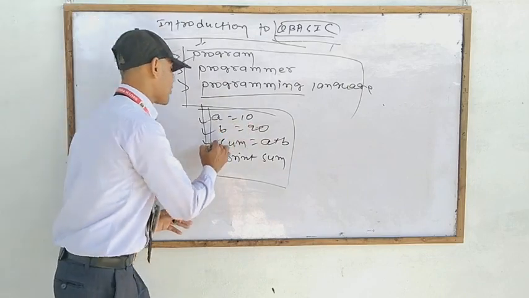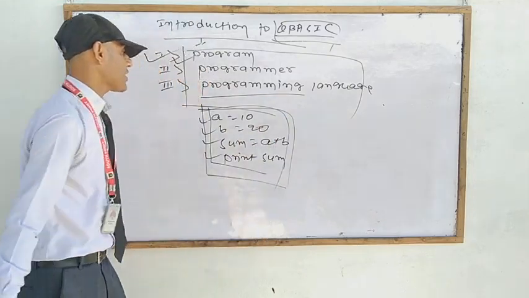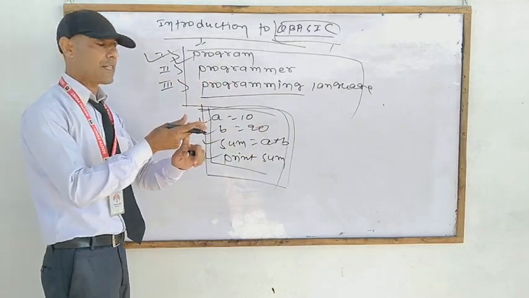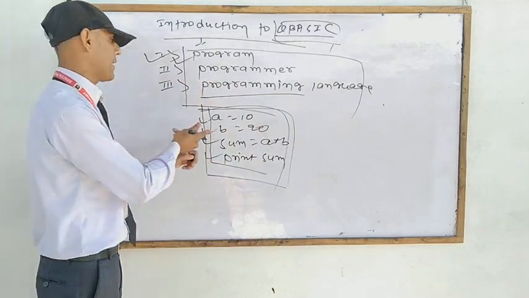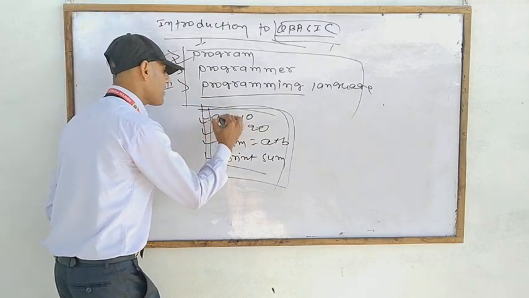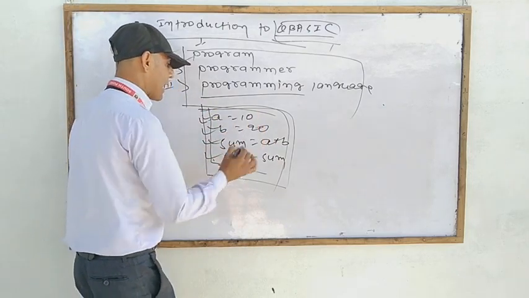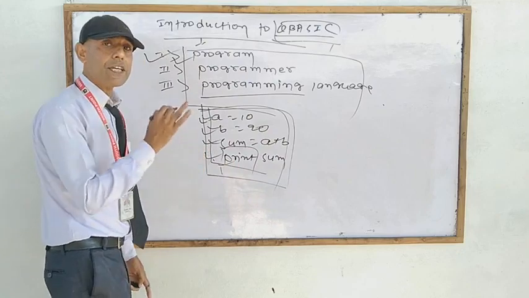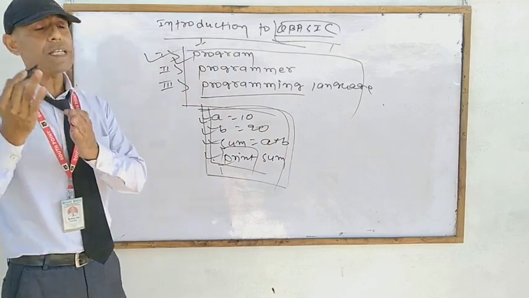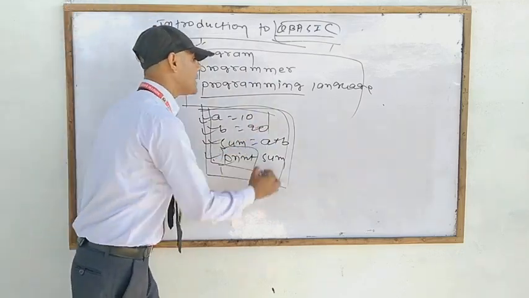That means this is the instruction or code, which is a collection of alphabets, symbols, and digits. If we look here, these are all alphabets, A, B, sum. This is the reserved word, which is a keyword already defined in QBasic programming. And these are the numbers.